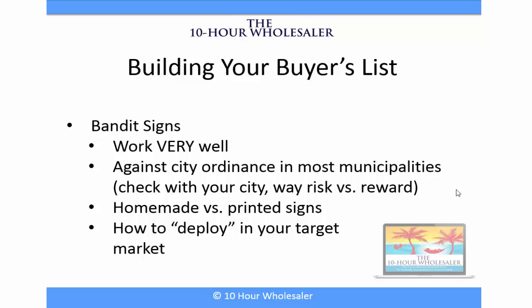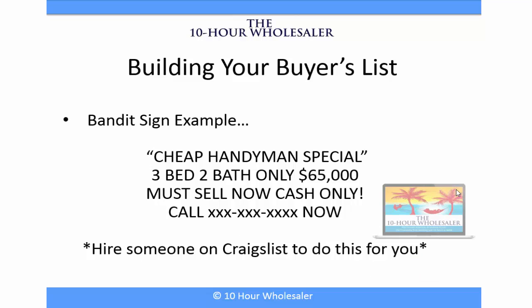In order for them to get the $1 a sign, they must take a picture of every single sign that they put up. All right? It works like magic, guys. Just do it. And here's an example of what your bandit signs should look like with just a very generic